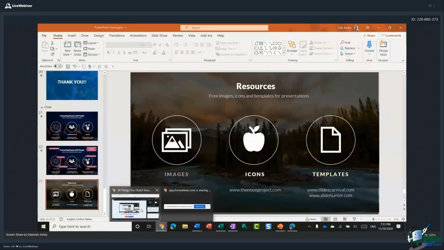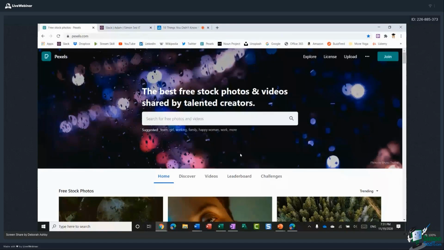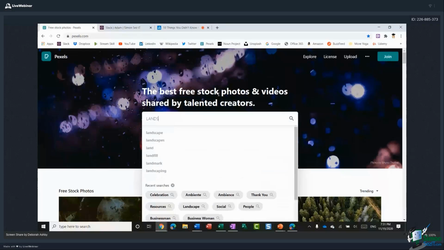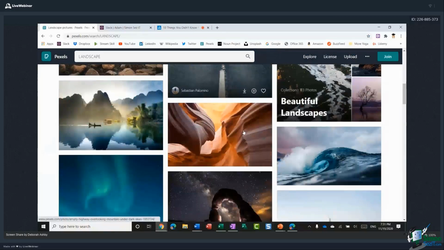I just want to end by jumping into Pexels to show you how simple it is. So if we jump back to Pexels.com, when you open it up, it looks like this. You can pretty much search for anything you like. So if I search for landscape and hit enter, it's going to pull back all of these really high quality images that you can use in your presentations.